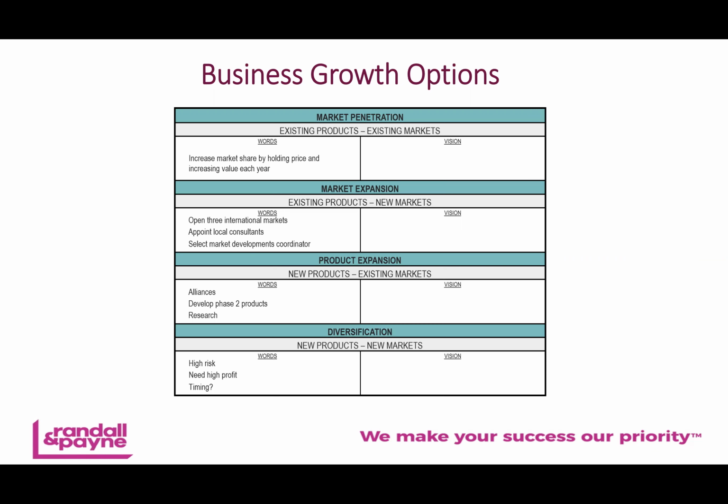So initially we think about trying to sell more of our existing products into our existing market. So there's really two things we're thinking about here. We're thinking about our products and our markets. What we're currently doing is selling existing products we know and understand, into a market that we know and understand. And the lowest risk way to grow is to look at how we can sell more of the products that we already have into an established market, a market that we're already established in.